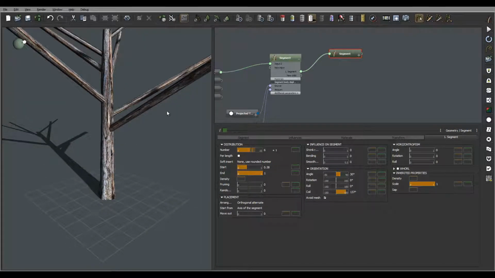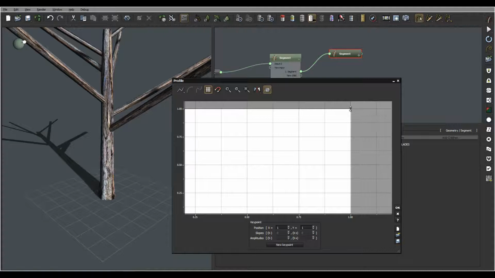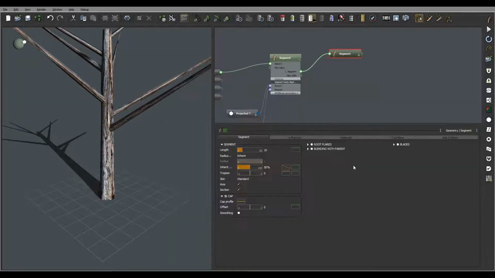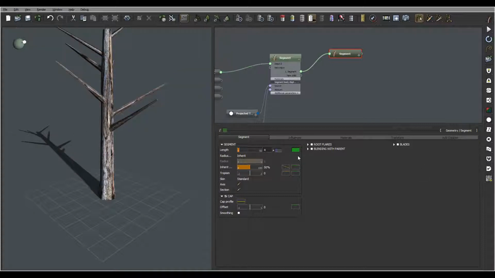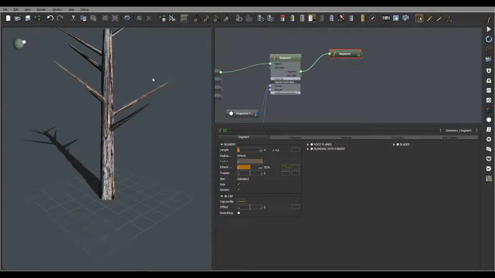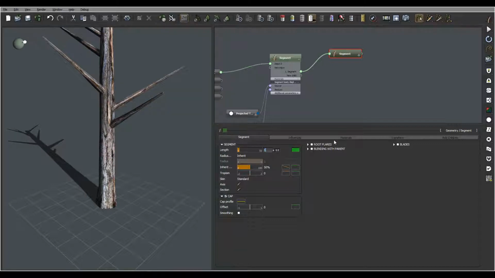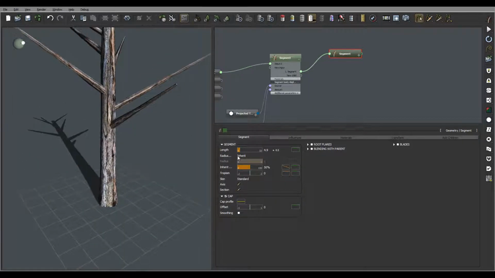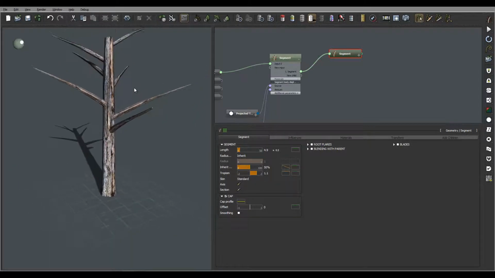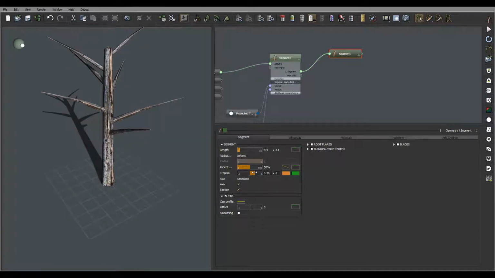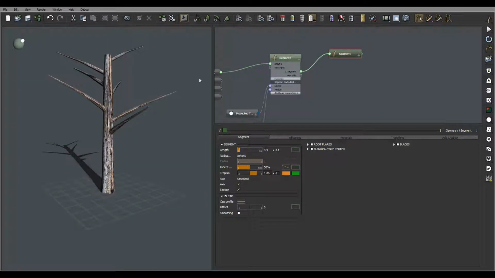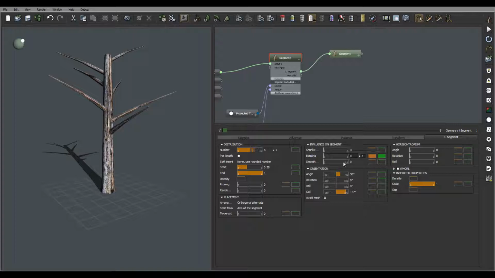Okay, now we can go inside the segment and just modify. Let's set it to maybe 4, length, and add randomness. Okay, normal, they will probably be a little bit longer. As well, add trapezium. The one thing about adding trapezium with this, yeah, we can add a little bit, but if I want my angle to change for this one, I'll go inside,